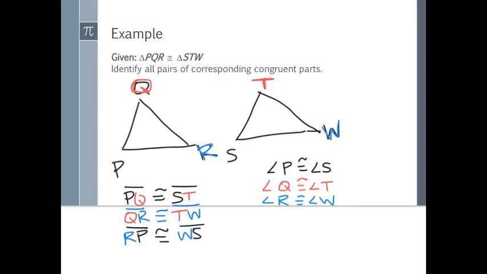Now what if I had listed that last one as side PR? Well, that side would be congruent to SW. So it doesn't matter which order you list them in for the first triangle, as long as you list the second set in corresponding order. So I could have called